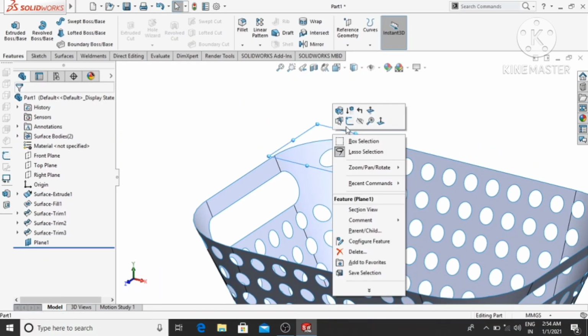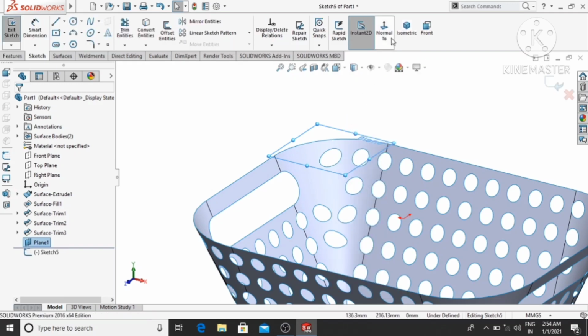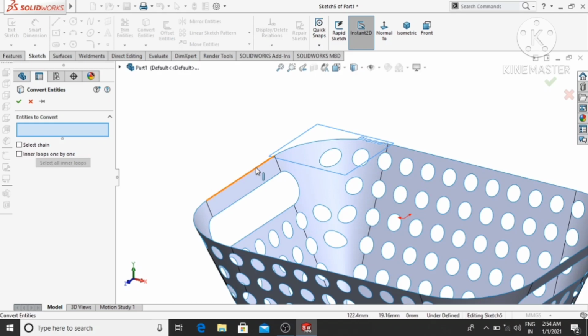Select this plane, sketch, and here we make convert entities and select separately all these lines.